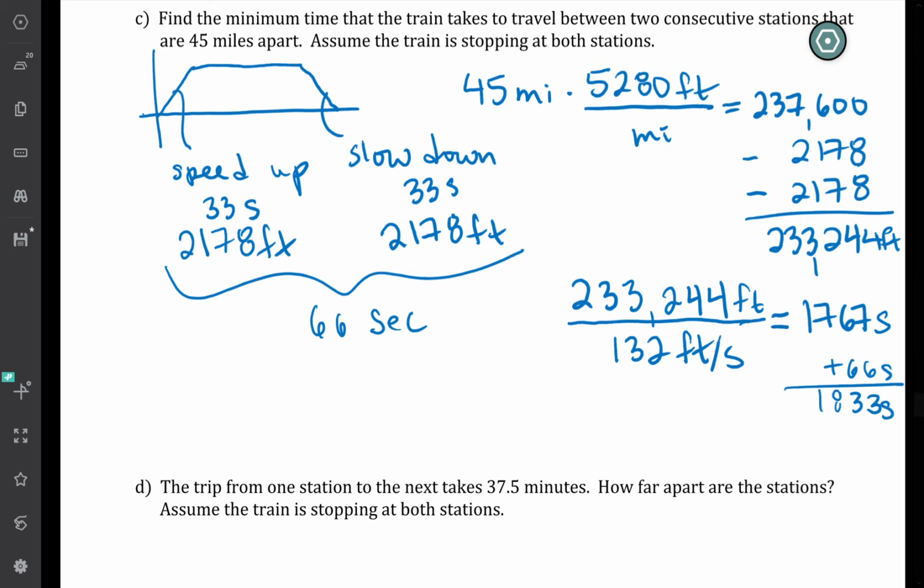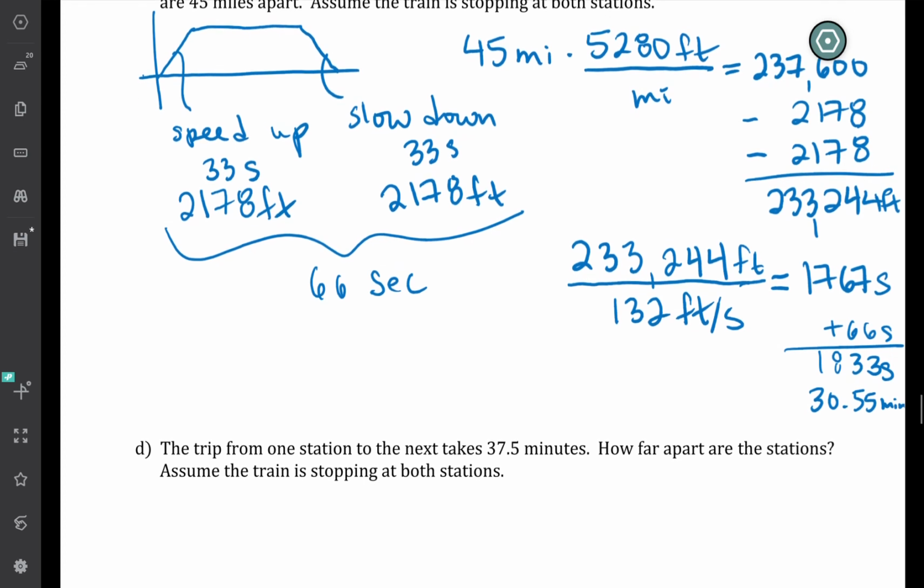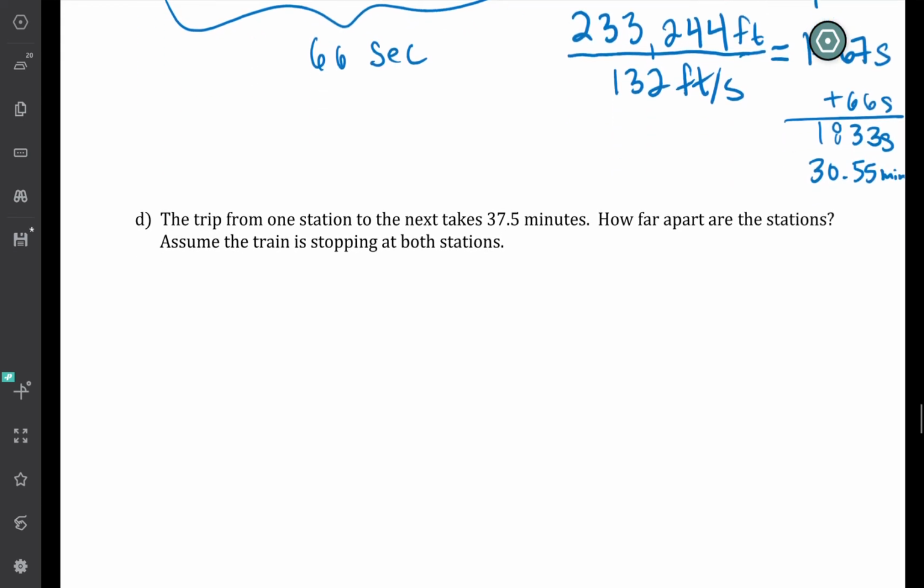And we could even divide that by 60 and say that's 30.55 minutes. Or roughly half an hour. Okay, one more part. If we know that the trip from one station to the next takes 37.5